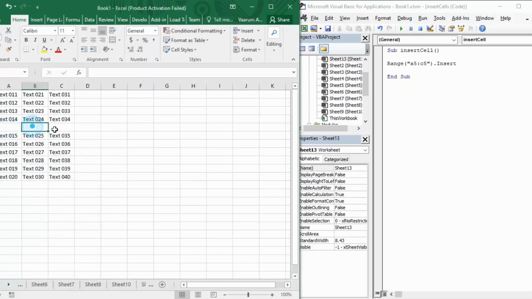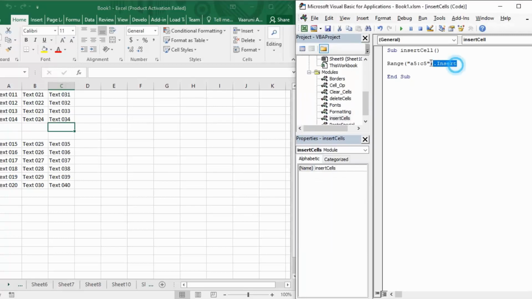Okay, so these 3 cells have been inserted. If you run it again, you can see these 3 cells have been added newly and the rest of the cells have been shifted downward. So that was about inserting a range.